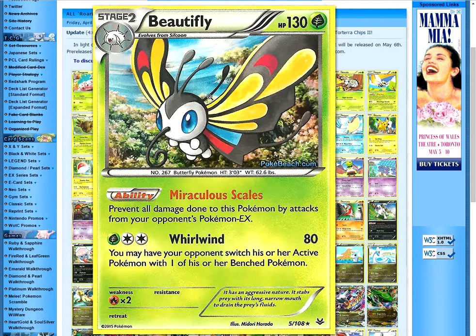Next up is probably one of the more interesting cards, and that's going to be Beautifly. So Beautifly is a Stage 2, but it has the same ability as Sigilyph and Suicune. And they're rotating, so this is going to be the only thing we got. And it's on a Stage 2, so I doubt this thing is going to be that playable. Maybe when the rotation happens, I can see this card actually being a pretty decent card,